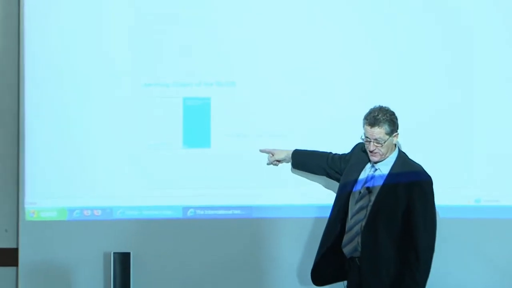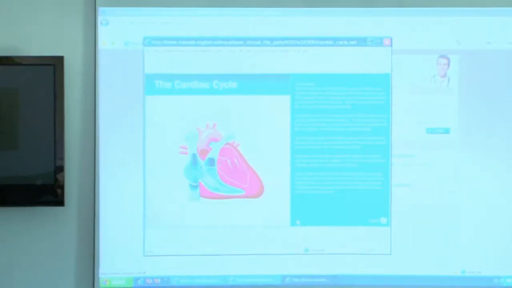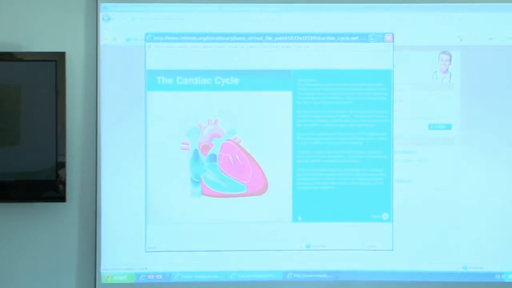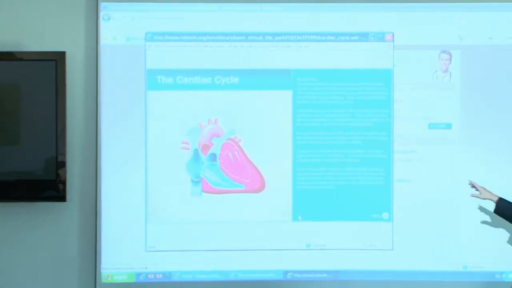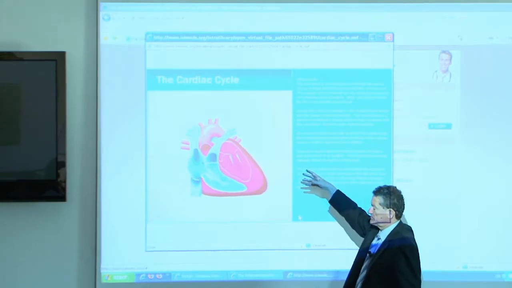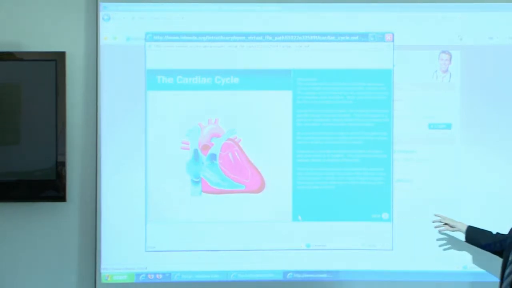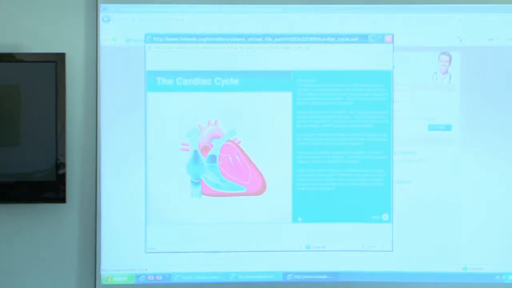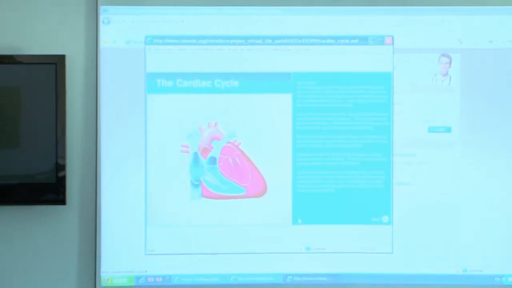You mentioned the cardiac cycle. Again, it's using animations, but it's also using other media. And what the student can do, or what you can do, is you can click on there, and provided you've got the media that supports it, you can go through the process of you or your students learning all the details about a cardiac cycle. And basically, if you go through the procedure,